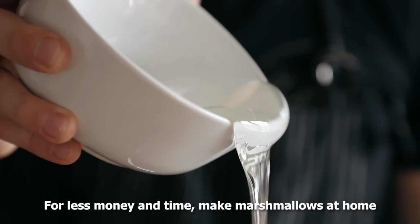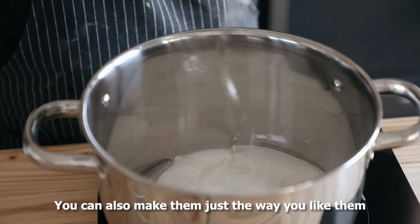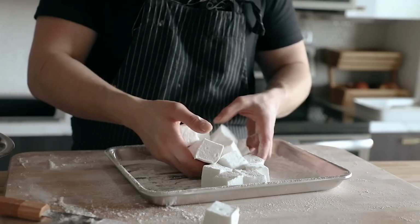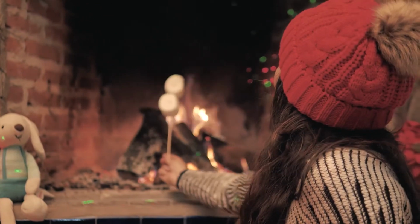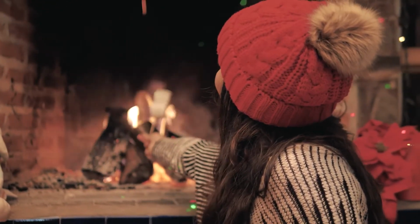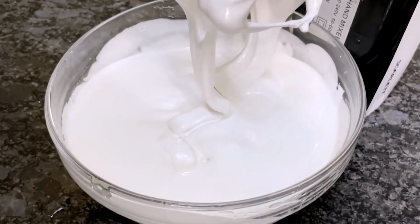For less money and time, make marshmallows at home. You can also make them just the way you like them. You can add a personal touch to any project by making your own marshmallows. This is fun whether you're making a unique flavor for a party or just want to end a craft session with a tasty treat. You can buy marshmallows from the shop if you only need a few for a quick